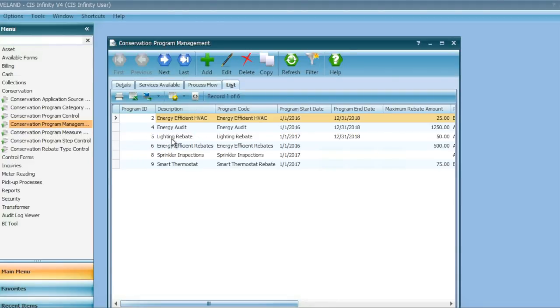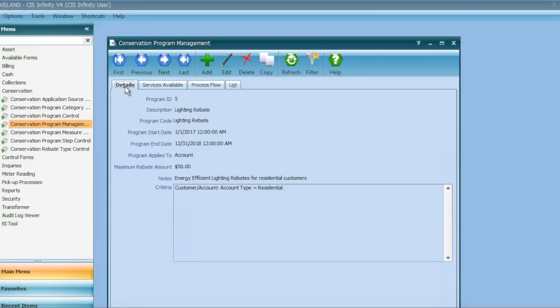I click on the lighting rebate and then I click on the Details tab. Here I have relevant information that is specific to the lighting rebate program. The program ID is auto-populated and incremented as more conservation programs are added. The description should be relevant to the program, so in this case, lighting rebate is a good description. The program code is configured in the Conservation Program Control, and you would simply select the one that is relevant